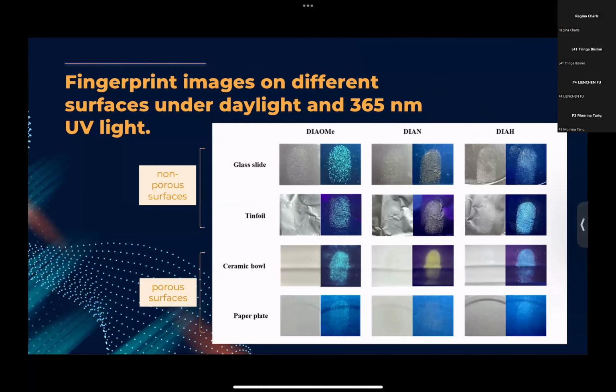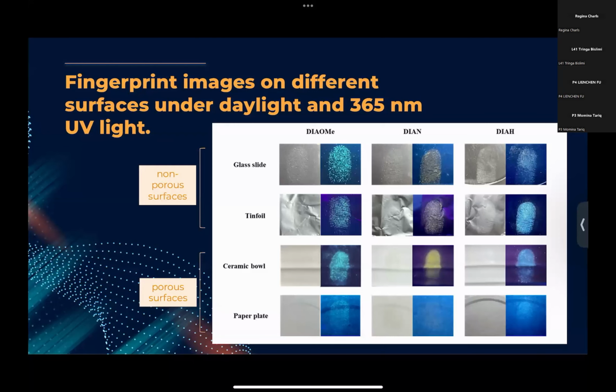And here we use these three compounds for fingerprint imaging and to assess the fingerprint imaging abilities for the three fluorescent materials. Various surfaces with distinct characteristics were chosen for the application of fingerprints.